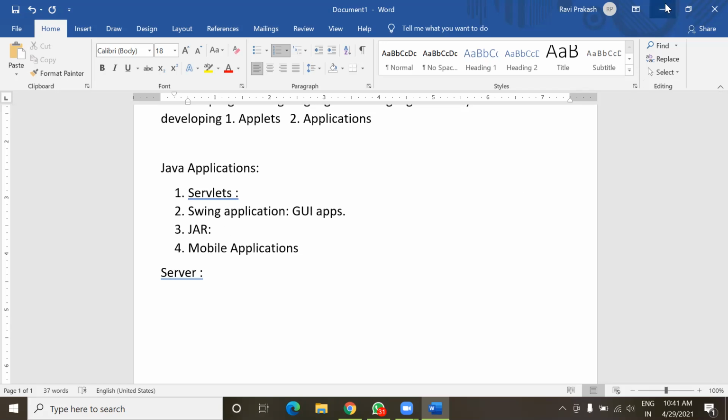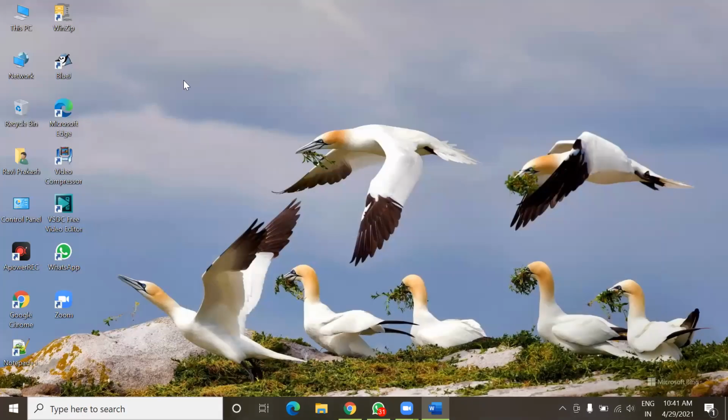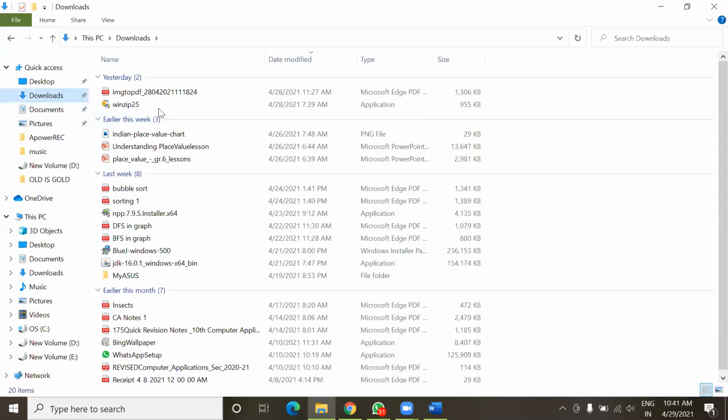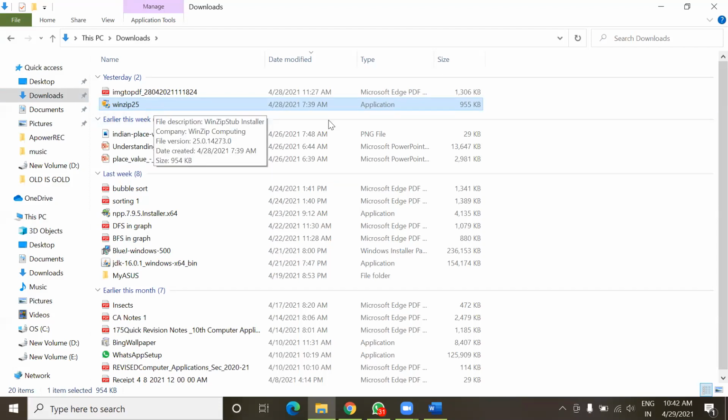For example, if I show you any application, let me see if I have one on my computer or not. Just see this example of WinZip 25. It is an application for compressing files. Here you can see only a single application of size 955 KB.